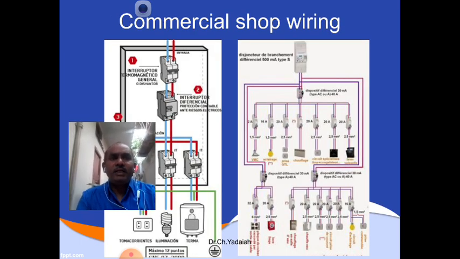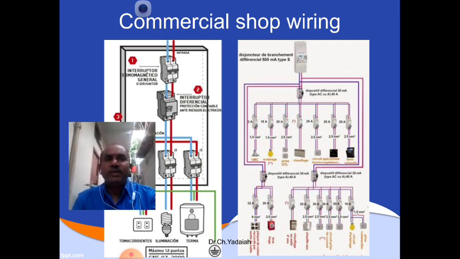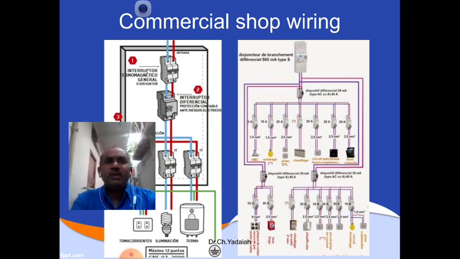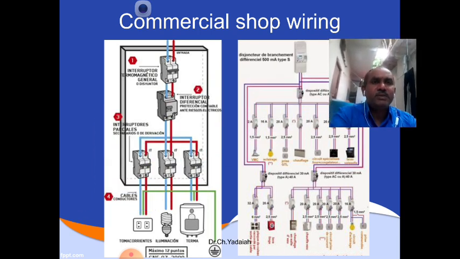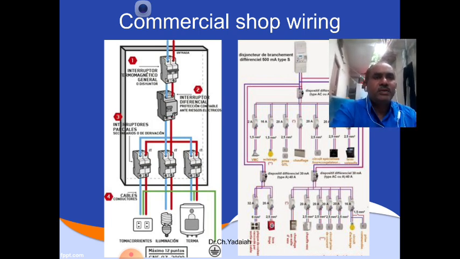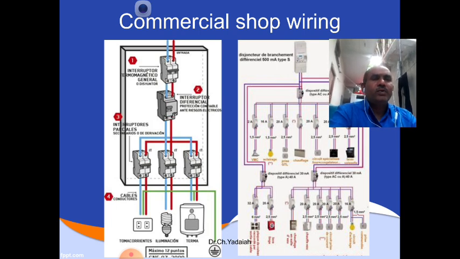Now if the load increases, how are we going to handle it? If the load increases, a number of steps are involved here. You can see the main is the MCB, next is the ELCB or RCB, and next comes the bus bar, and from this bus bar we are going to connect. Here there are 3 sub circuits: one sub circuit goes to the switching circuits, another to the lighting circuit, and another to the power loads, geyser. So if the load increases further, then automatically we are going to increase this.